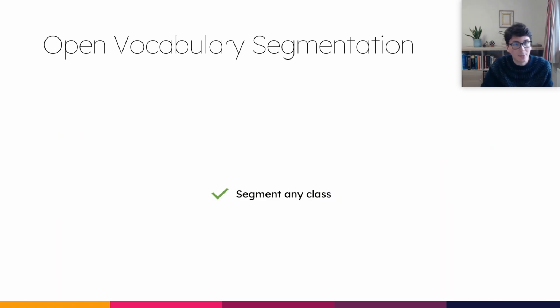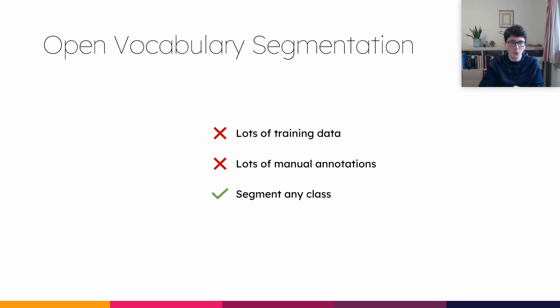Now, open vocabulary segmentation compared to semantic segmentation is way more generic, because now the task is to segment any possible class. But still, most of the existing methods use a lot of training data, because they use CLIP to bridge the text to image gap, and then they learn a model and train and fine-tune all of their components, usually on one of the typical semantic segmentation datasets like COCO. To fix this, we've been thinking about a way to basically turn these 2 red X's into green check marks.